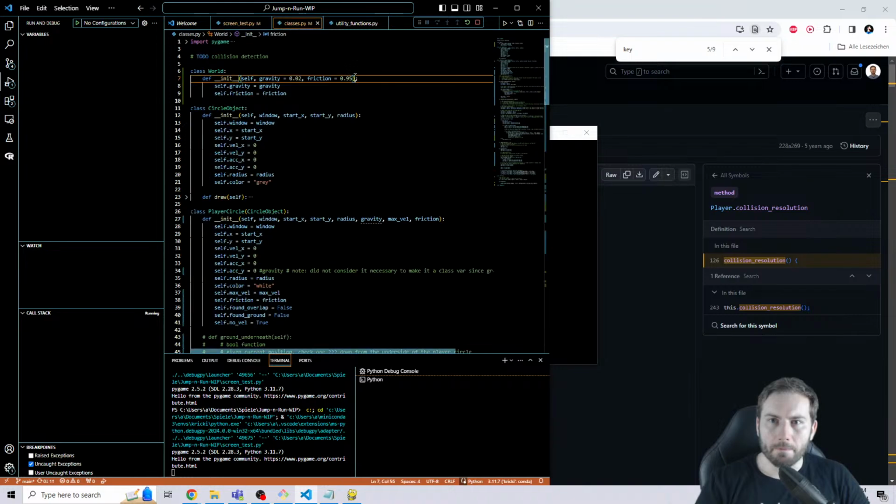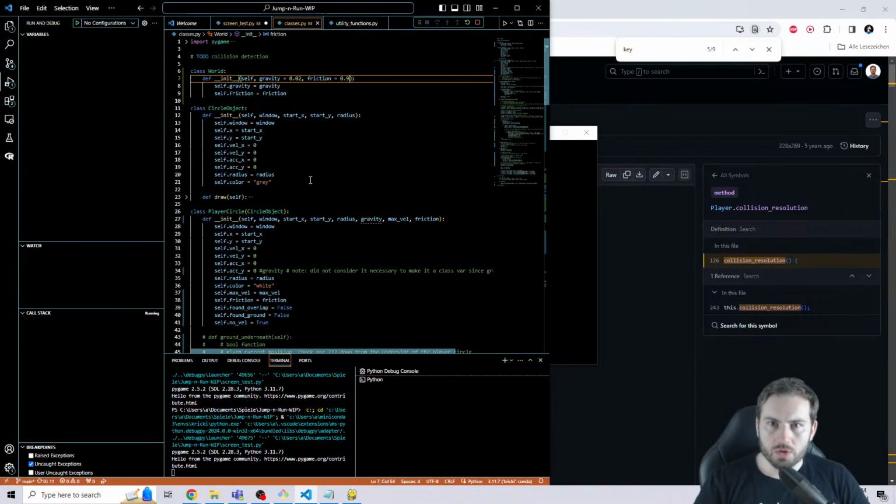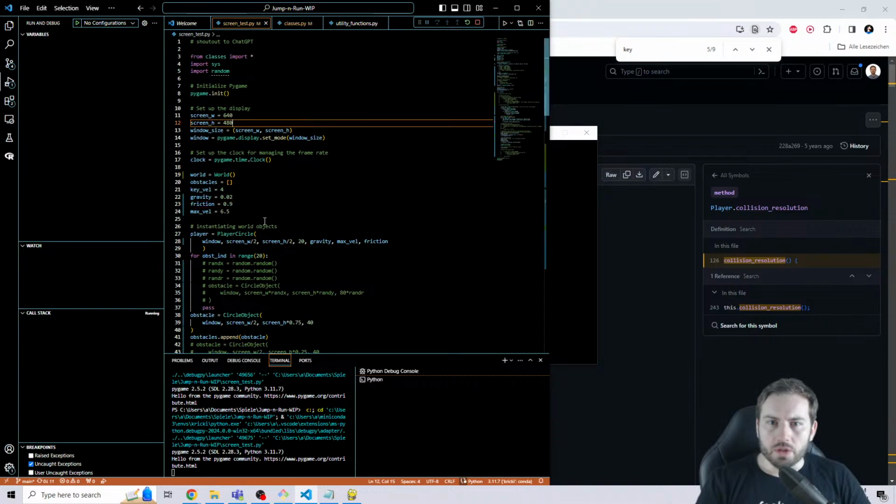No, 0.9. Okay. And this was the percentage of velocity kept between frames. That's acceleration in y direction. Okay, with this now we can